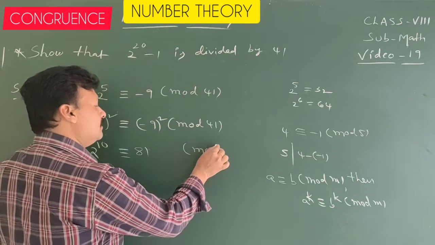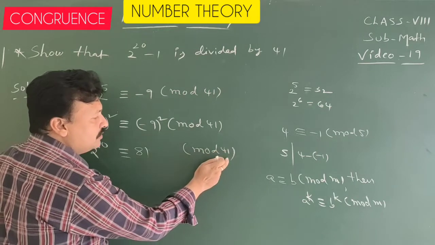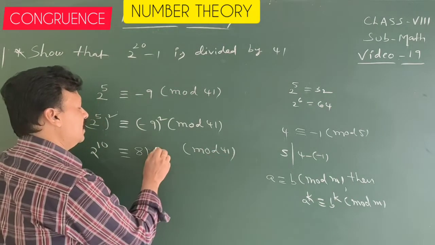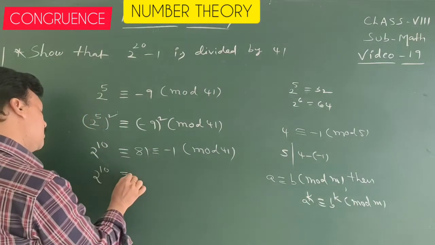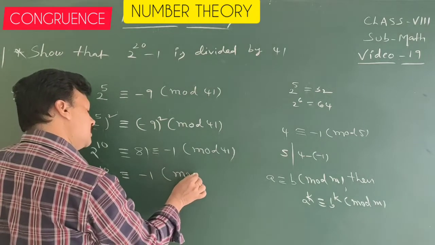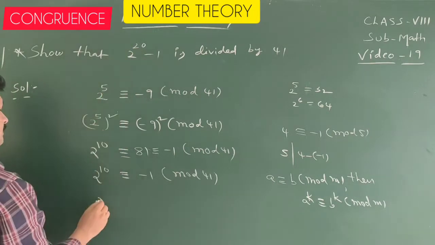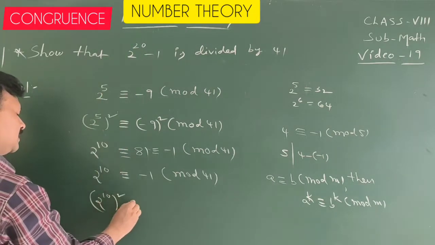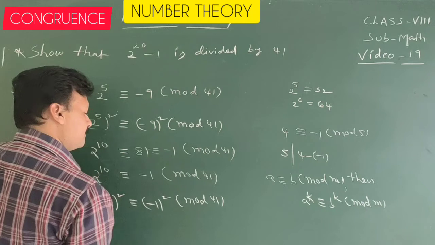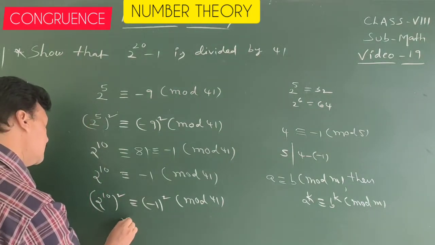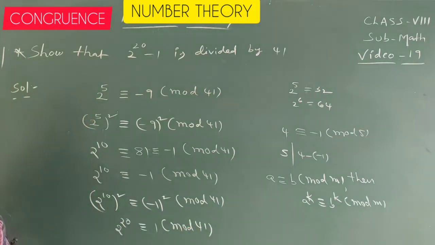to the mod 41. If 81 is divided by 41, 41 times 2 is 82. Here we have 81, so it is congruent to minus 1. Meaning 2 power 10 is congruent to minus 1 to the mod 41. Now we want 20. That's why 2 power 10 whole squared is congruent to minus 1 whole squared to the mod 41. Here 2 power 20 is congruent to 1 to the mod 41, which means